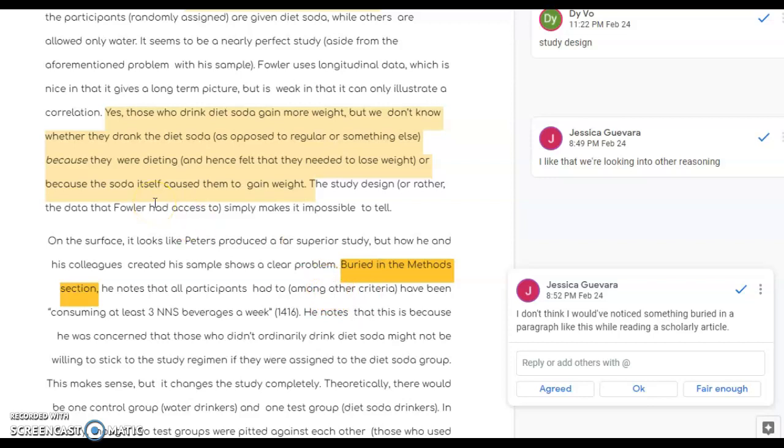Okay? Think about this. If you were a habitual coffee drinker, in order to do a study to test the difference between coffee drinkers and non-coffee drinkers, you had to quit drinking coffee. It wouldn't actually tell us what it's like to be not a coffee drinker. It would tell us what it's like to be someone who's quitting coffee. And that's a very different test. Okay? That level of nuance, that level of detail is what we're really looking for in Essay 2.